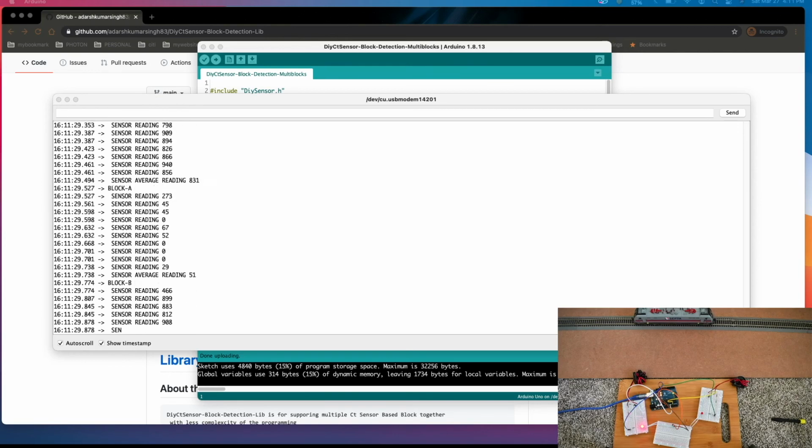So block A's light will go off because it has already processed block A. And now if I switch off all the lights and everything, it will still show that the train is on block B because the motor is drawing some limited amount of current. So block B's LED will always be on. So that's a simple demonstration of the API as well as the hardware.